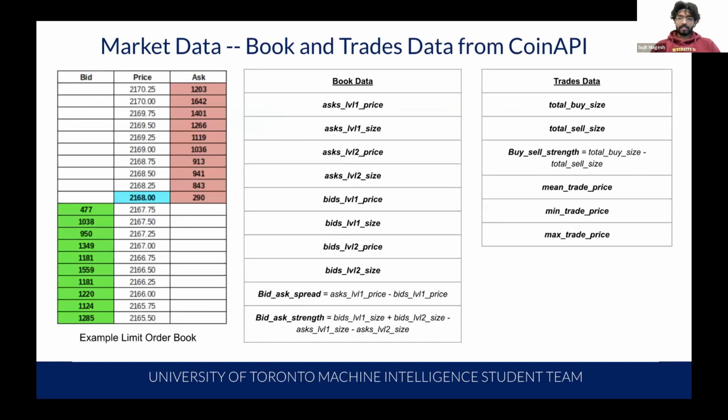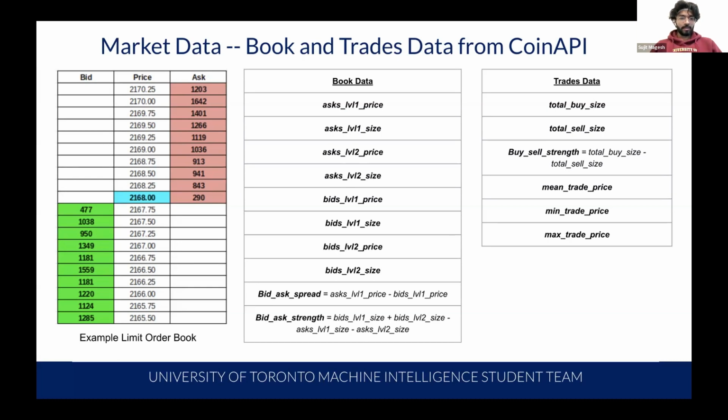And on the left-hand side here, you can see a snapshot of the order book data. And you can think of the order book data as just a list of trade orders that haven't been executed yet. The left-hand side of the snapshot is how much someone is willing to buy for. You can see that in the green. And on the right-hand side is how much someone is willing to sell for. And this is further divided into levels, where level 1 is the best bid price, and